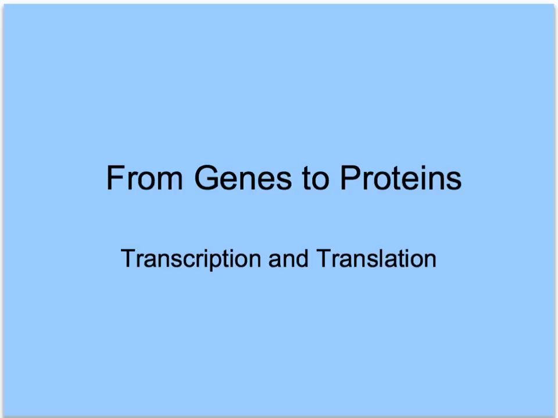So these notes are going to be about one of the most amazing things in all of biology, and that is how cells can use the code of DNA to make proteins, which is the number one job of a cell, because we're all made of proteins and proteins carry out all of our chemical reactions. So this is just absolutely incredible to me how this works, that it's so simple and easy and